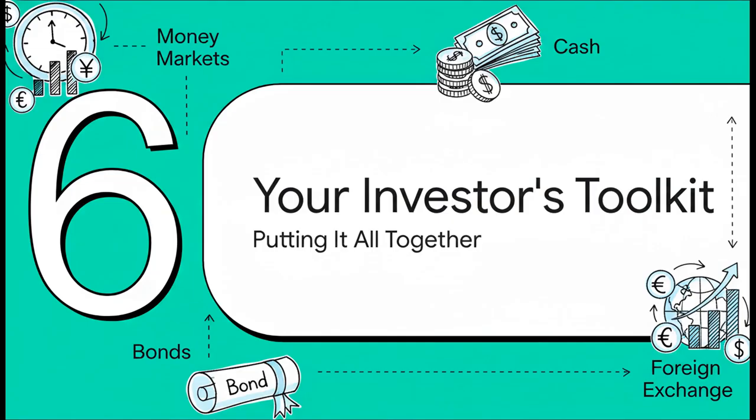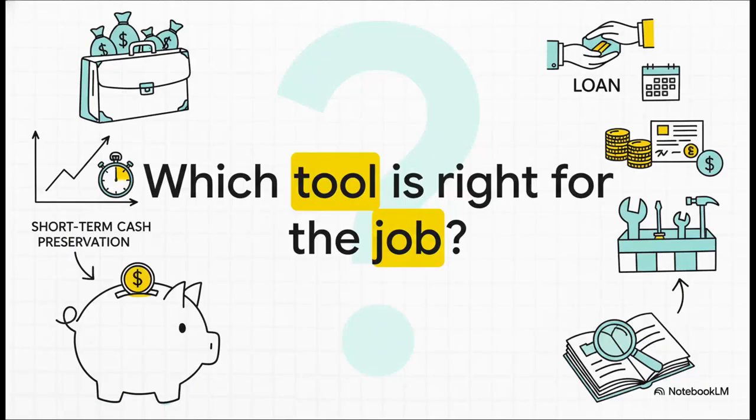And there we have it. We have just unpacked 4 essential tools from the Financial Markets Toolkit. We've got cash, money markets, foreign exchange, and bonds. Each one a totally different way of putting money to work. At the end of the day, just like any good toolkit, there's a right tool for every single job. Whether you're just trying to keep your cash safe for a rainy day or lend it out for the long term, understanding what each of these tools does, that's the critical first step toward making smarter financial decisions. So, we've opened the toolkit. The only question left is, which tool are you going to pick out first?